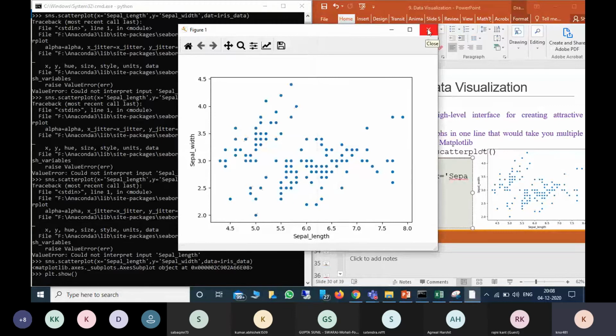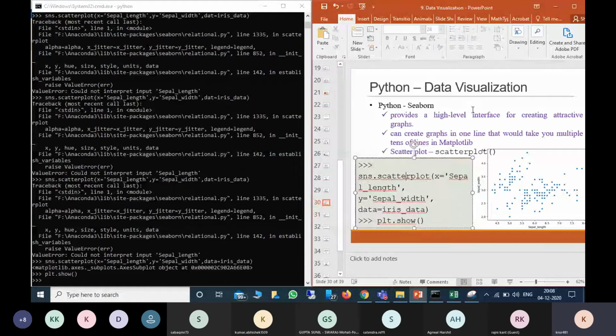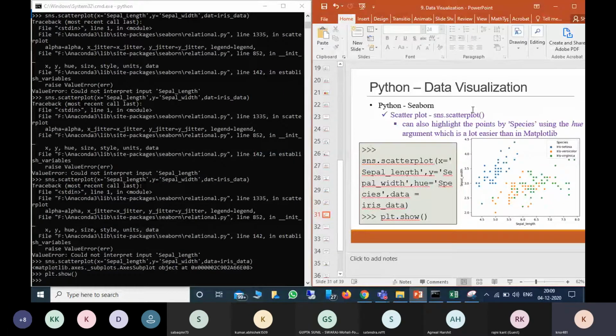And one more thing we saw in the scatterplot. There are three types of species. For each species, we had to mention colors so that it would be taken automatically. But here we no need to mention, we can just specify which column we have to consider for this color specification. It will automatically represent in different colors. For example, if you see here we have species iris setosa, iris versicolor and iris virginica. So for that one we have to represent.